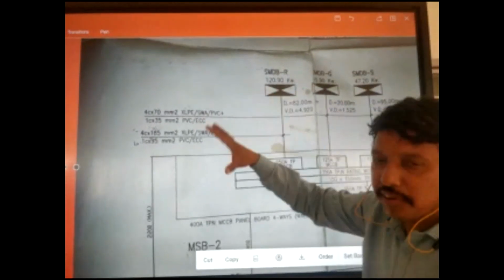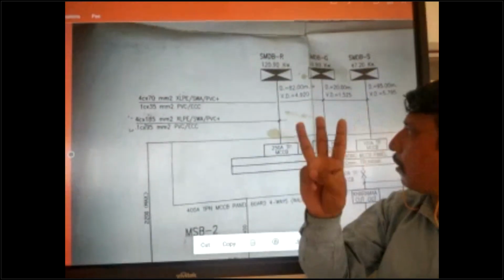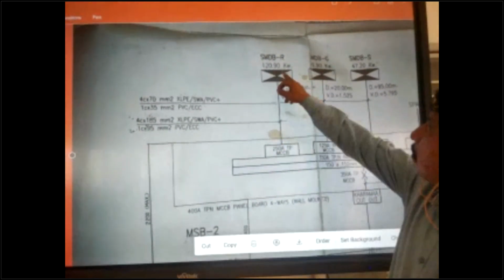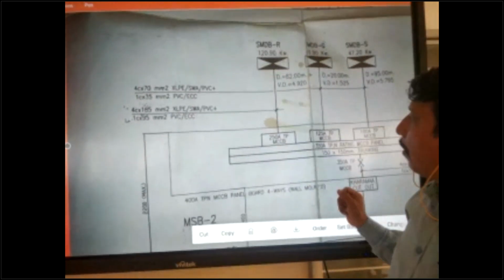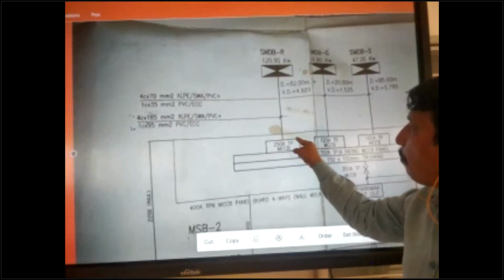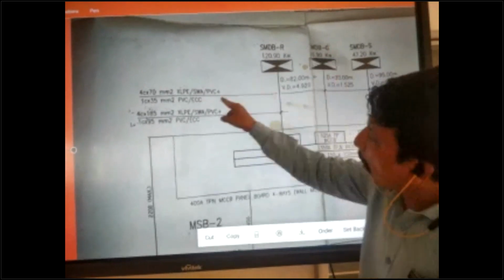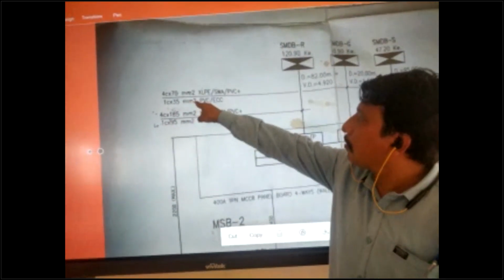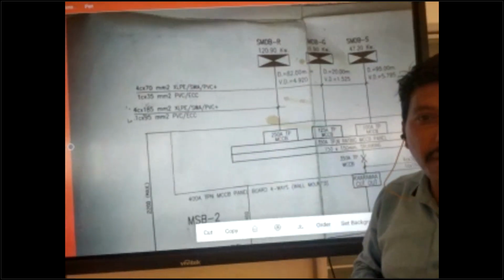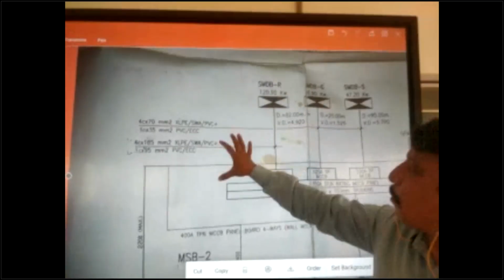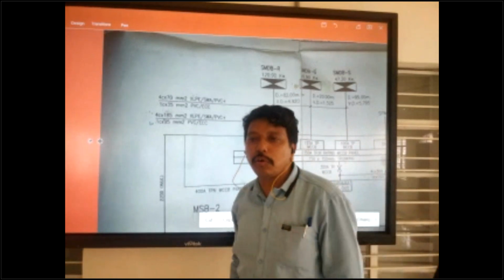Okay. So in this systematic diagram, the main important things are three. First one, the SMDB load. How much load is there? You check this one. Next one is amps. How many amperes is the MCCB there? You check this one. And next one is cable size. These three things are important in the systematic diagram of SMDB. Okay, I hope all of you are clear about this one. So any questions on SMDB or DB schedule?